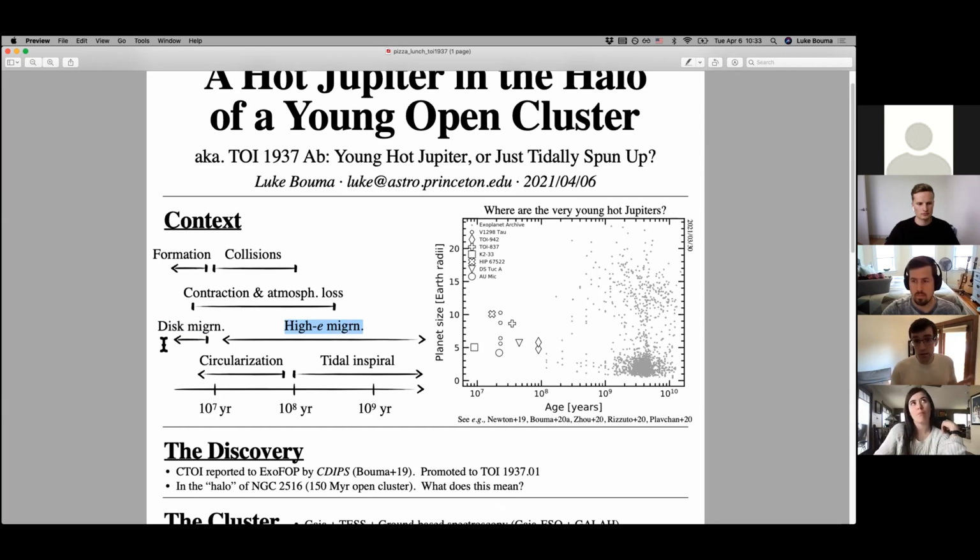So one way to tell the difference between these two scenarios is to look at very young stars and to search them for hot Jupiters. And it's a little bit of a challenging problem because young stars are rare. And since hot Jupiters are also rare, you have a doubly rare problem, right? Hot Jupiters, you have maybe 1 in 100 stars, and then only 1 in 10 transit. So you need to be looking at tens of thousands of stars that are young. And right now, if you look at the data, if you ask the NASA Exoplanet Archive,